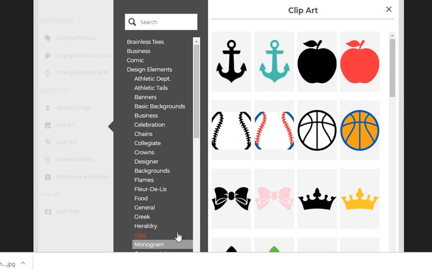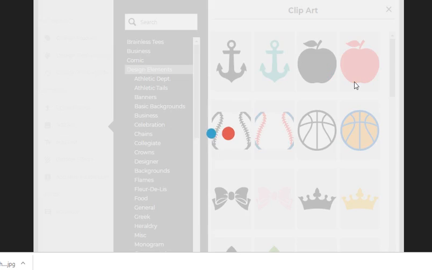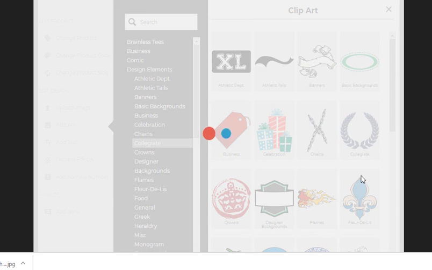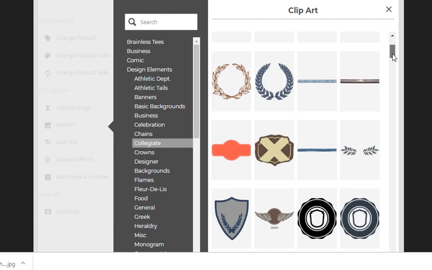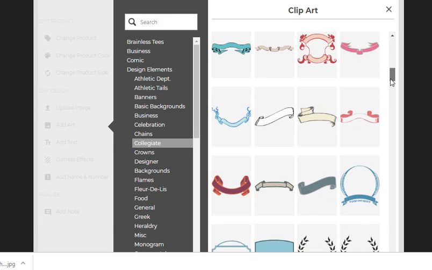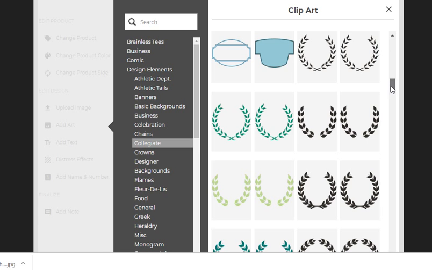Well, that is super weird. I don't know that I've seen monogram before, or that I actually paid attention to that one. Okay, so I want to go collegiate. There were a couple that I think might have actually been a little better, and I hope you don't mind that I don't really